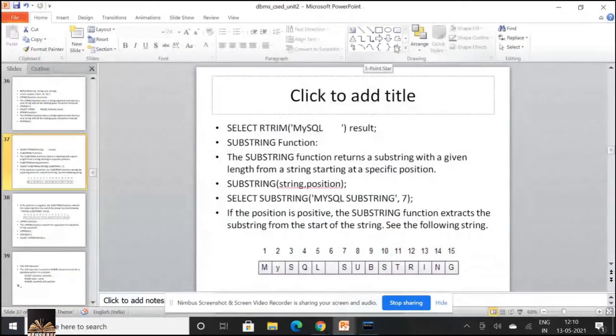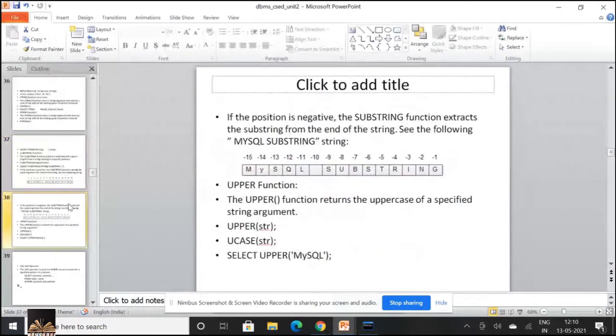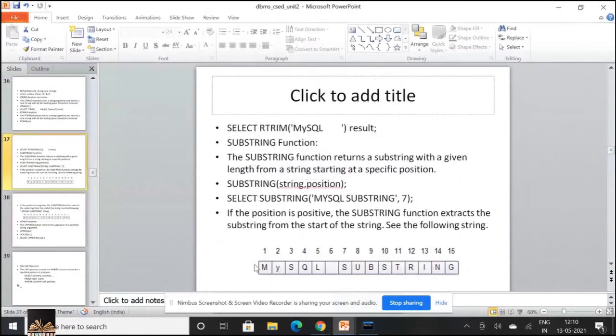Okay, so you can have a negative value also. I told you the way you work with the positive values is from the beginning to the end, giving numbering 1, 2, 3, 4, 5, 6, 7. From here, the values would be displayed. In this particular case, select substring of MySQL substring. There is a space over there.